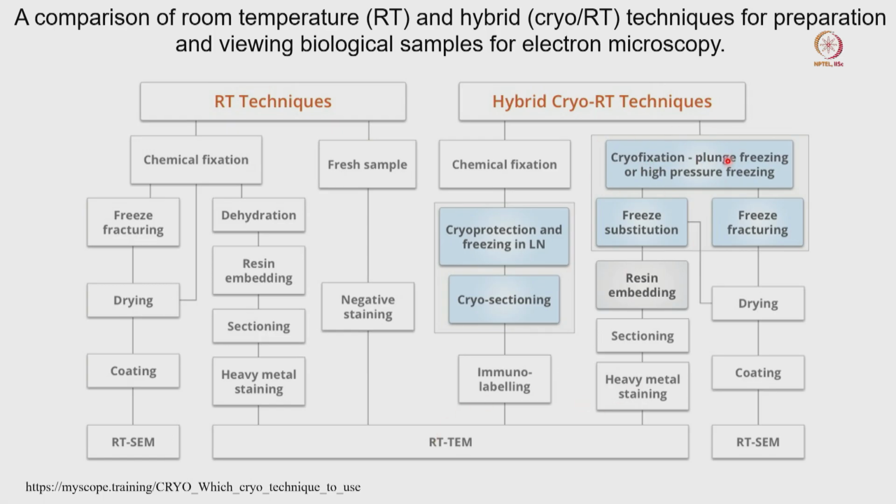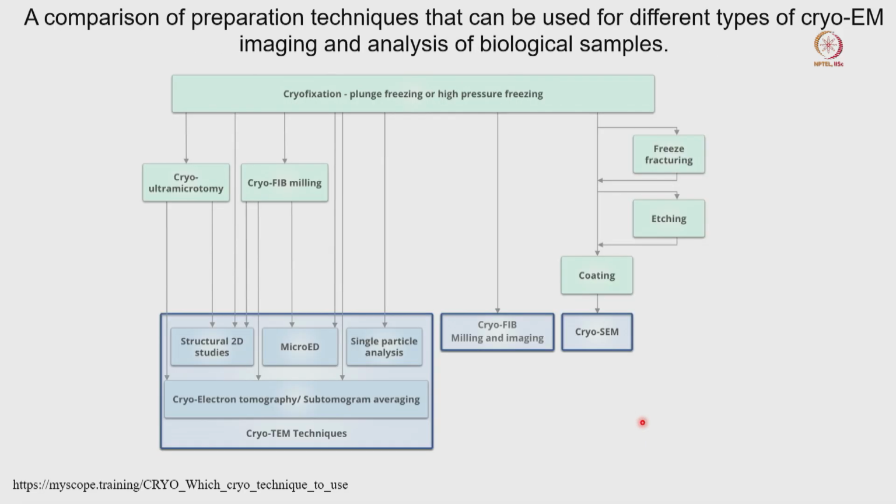The other way is cryofixation first. You can use plunge freezing or high pressure freezing. Always remember that for cells we prefer high pressure freezing, not the normal plunge freezing used in single particle cryo-EM. Then we can do freeze substitution or freeze fracturing. After freeze fracturing, we have to do metal coating and carbon coating, which we are going to discuss more. Or, after freeze substitution, we can embed the entire item in a resin, then do the sectioning, heavy metal staining, and then image those samples.